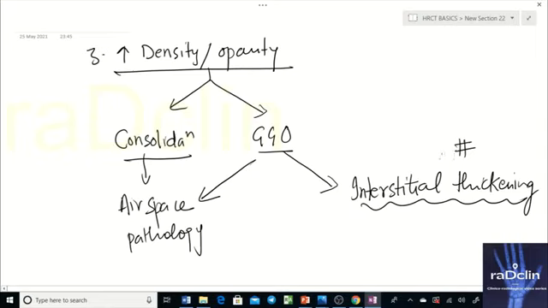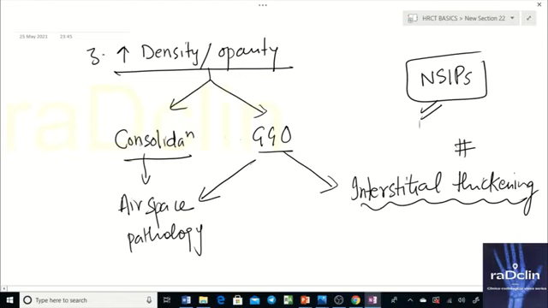That is why we can have GGOs in NSIP. In NSIP, we have GGOs. We also have consolidation there. Patchy consolidation, patchy GGOs we have there. So interstitial thickening can be associated with GGO as well. One thing that is very sure: we know the difference between consolidation and GGO.